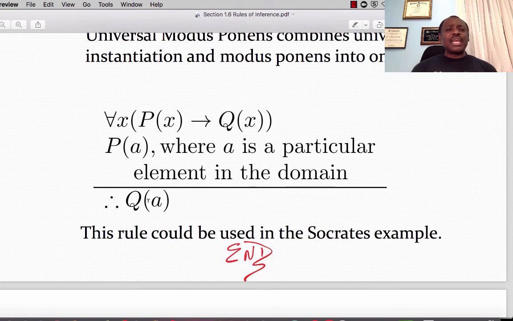This brings us to the end of section 1.6, Rules of Inference, and sets the stage for us to start dealing with proofs. Proofs would be very important in this class, and you're going to use the concept learned from sections 1.7 and 1.8 in further classes in mathematics: abstract algebra, advanced calculus 2, abstract algebra 2, and many other proof-oriented classes here at Anderson University, including linear algebra.